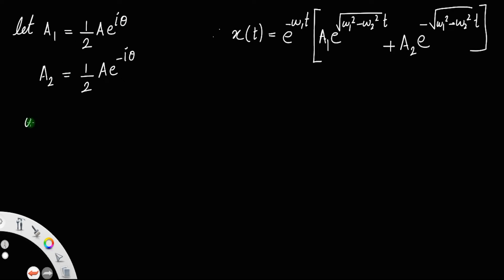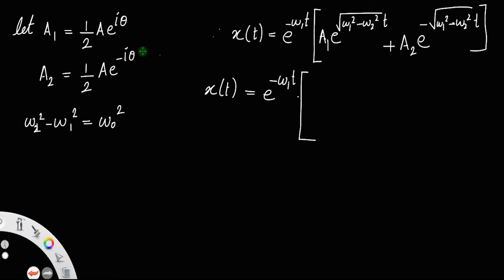Also let's assume omega 2 square minus omega 1 square is equal to some omega 0 square. Remember, omega 2 square minus omega 1 square is omega 0 square. So x of t is equal to e raised to minus omega 1 t into a1 is half a e raised to i theta